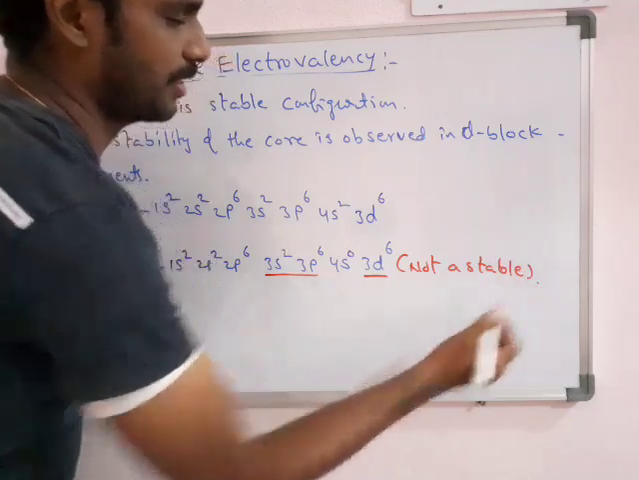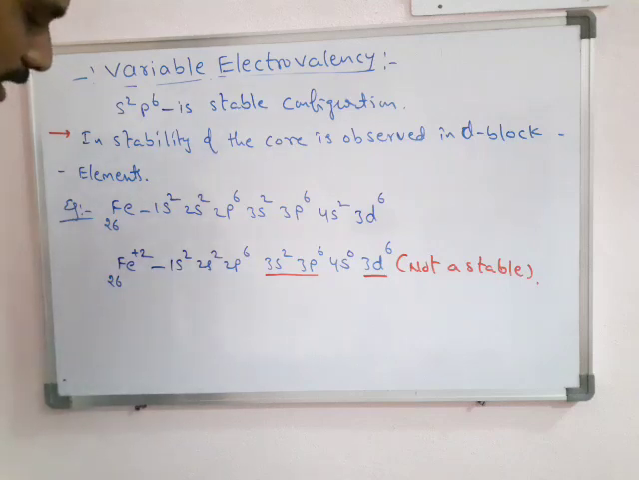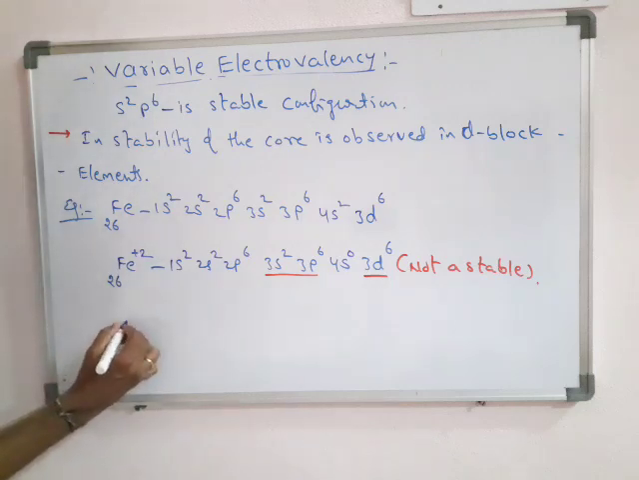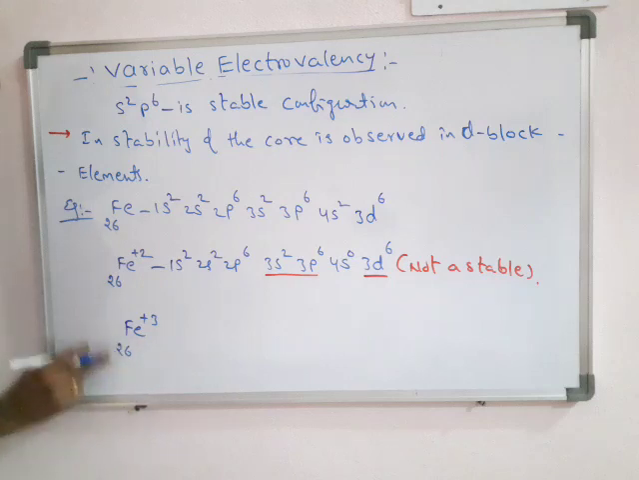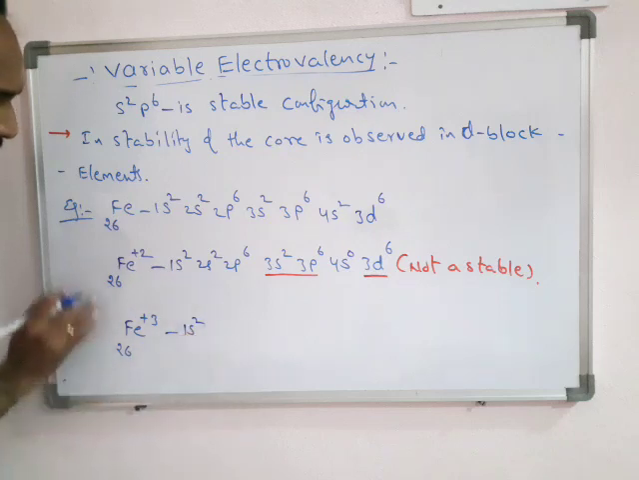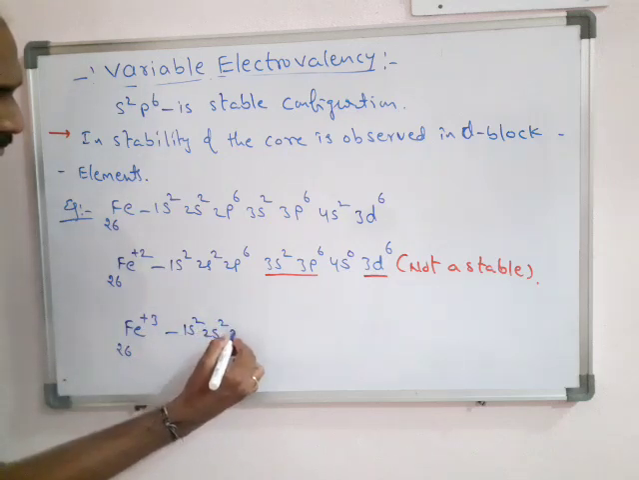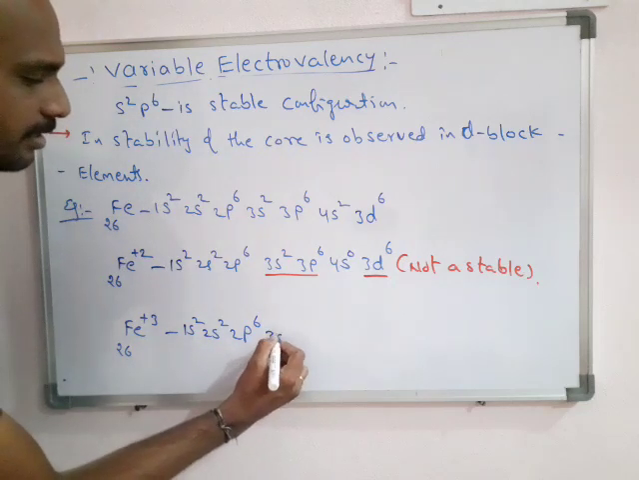Not a stable configuration, but in many compounds iron shows Fe+2 configuration. Even though it is not stable, based on the condition only, it forms Fe+2, and always it wants to become Fe+3. Iron has atomic number 26, and the number of electrons changes on electron loss, so don't be confused with this. So Fe+3,